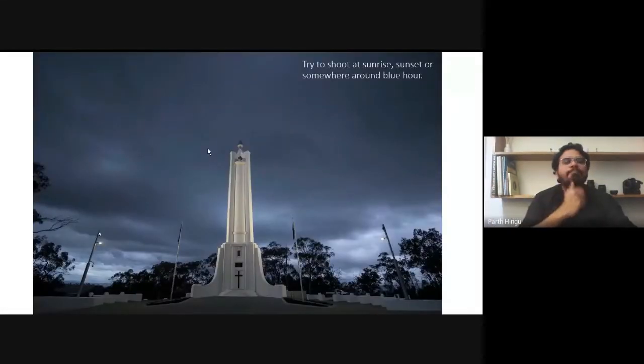These are some of the types of time and how to shoot architectural photography, and I will show the difference of the time. Like shoot at sunrise or sunset time, or this photo is at blue hour. It's the time after the sunset and before the sky goes black. This type of weather will be created everywhere. So this is the blue hour.